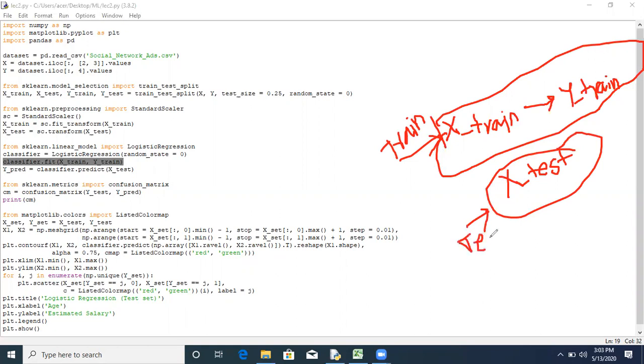Here we are not providing any output. The output of the prediction we will store somewhere. We'll assign the variable as y_pred. After the testing, we will get this y_pred, and then we'll compare this y_pred with our actual output. The actual output is y_test.